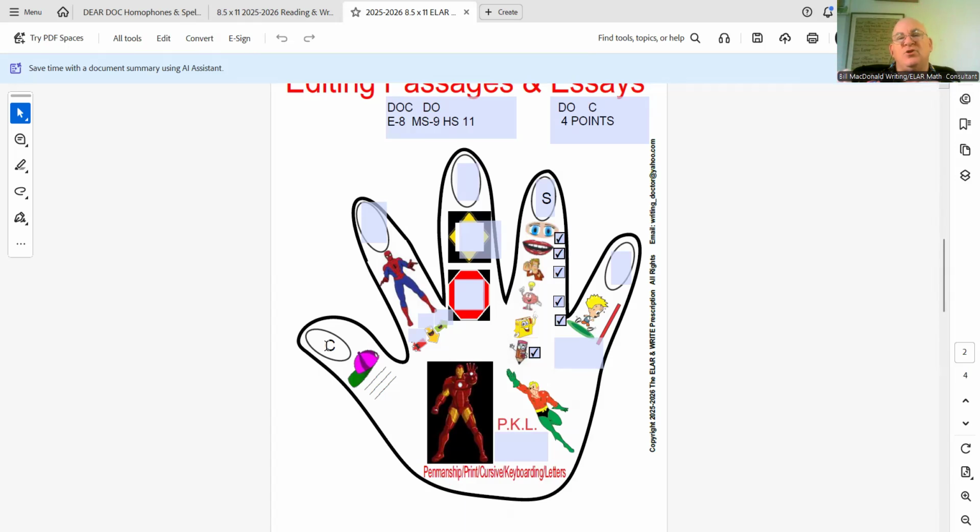So either have the kids just keep their own hat in their desk and take it home or put them in their backpack, and we can wear caps for capitalization lessons,